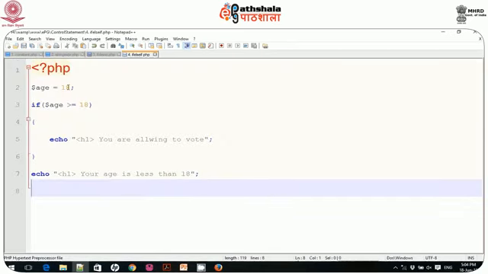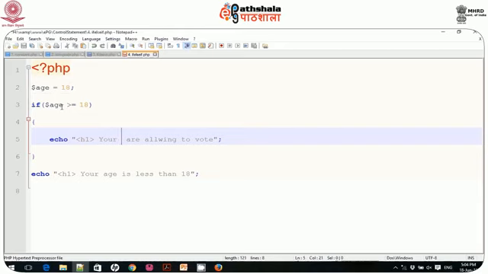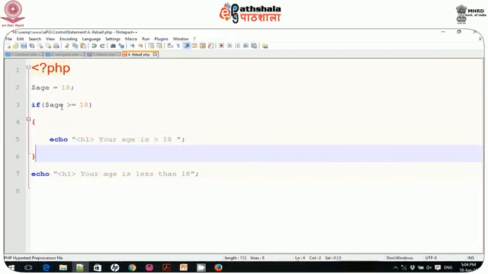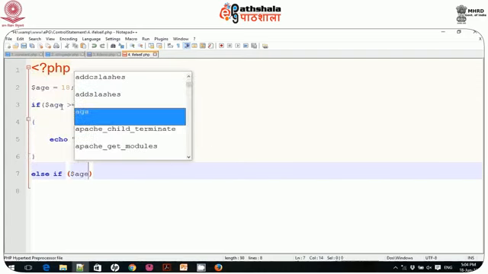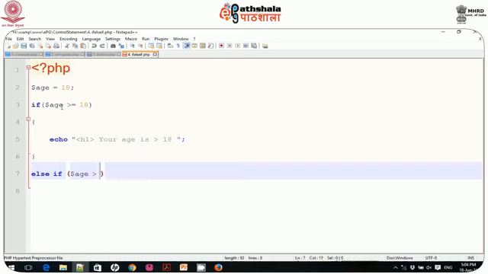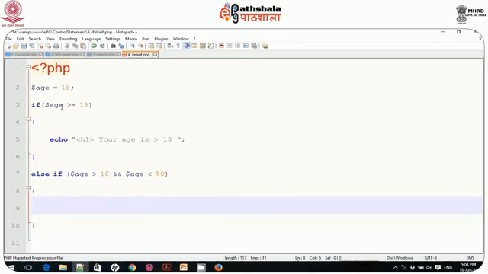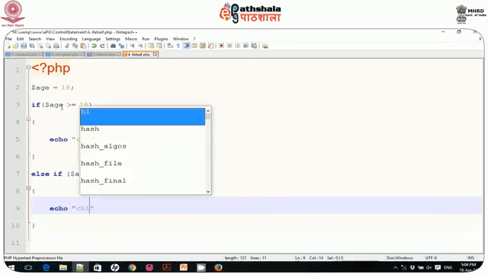If age is greater than 18, or you can write any number, then you can say your age is greater than 18. Else if $age is greater than 18 and $age is less than 15, then you can write echo h1